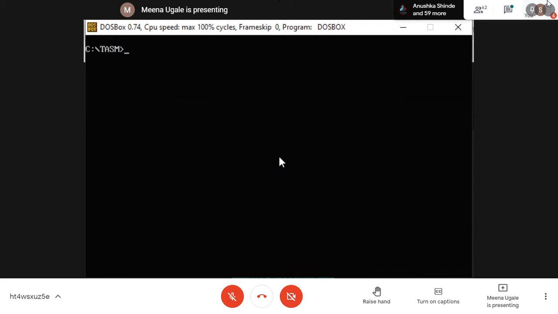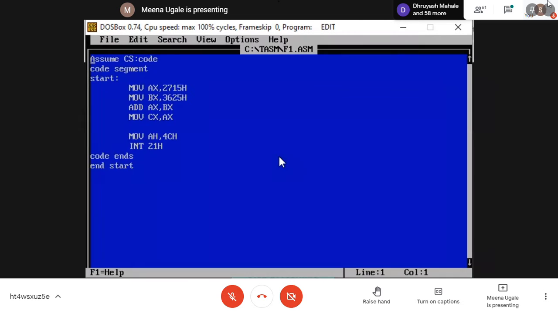Now, I'm going to work in a different way for the same program. Addition of two numbers only. Now I am making changes in the same file, but I suggest you open a new file with the editor. Just type edit and open a new file. I am making changes in the same one; you don't do that. Because I'm going to show you a different way to work here.